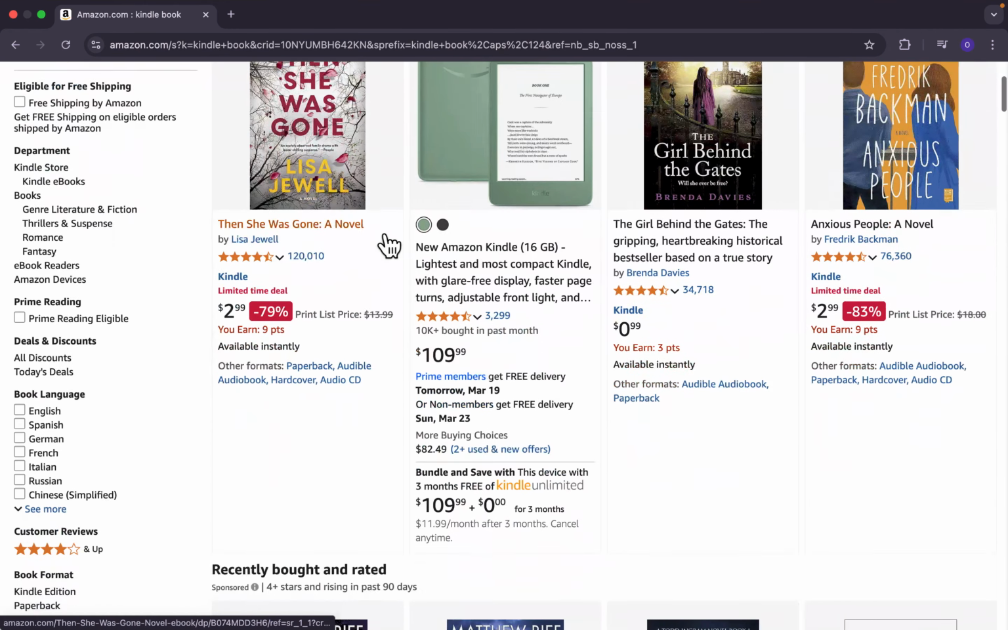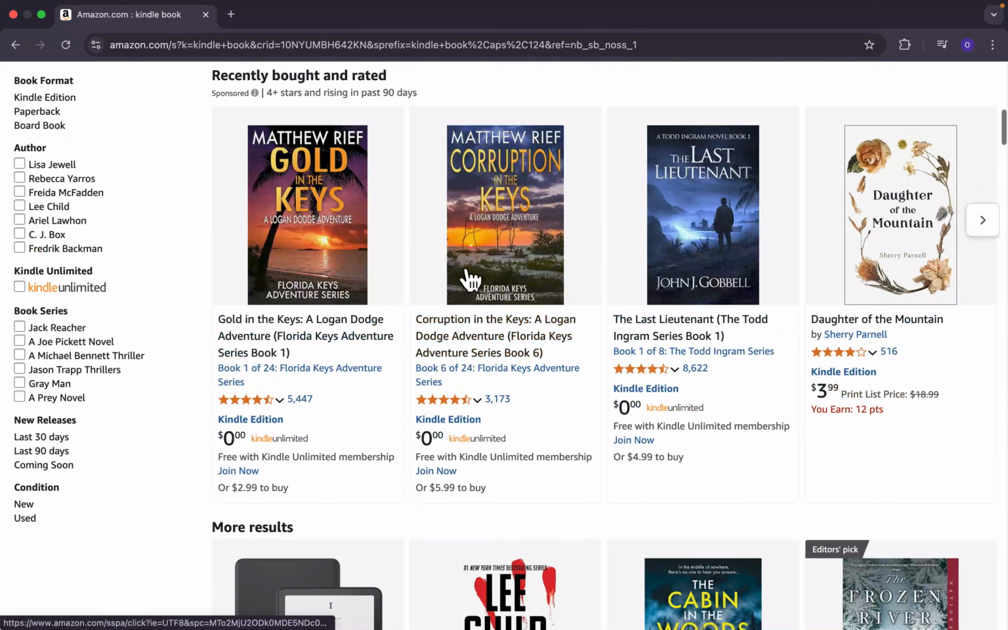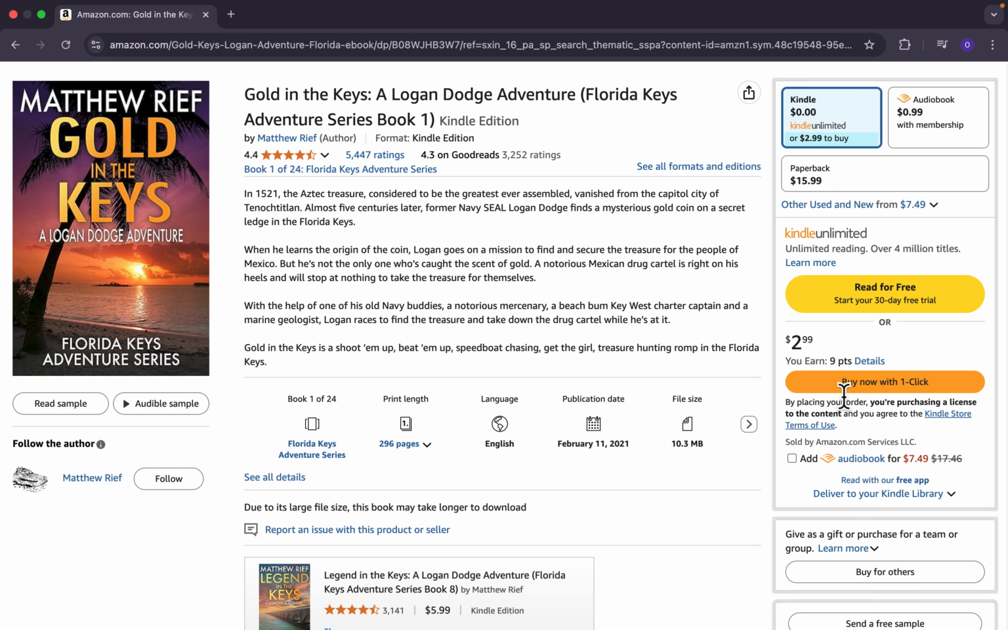So whenever you find your book, they'll appear down here. So just click on the book. Let's click on this book here. And once you click on your book, you can download it. You can buy now with one click, and it will download into your